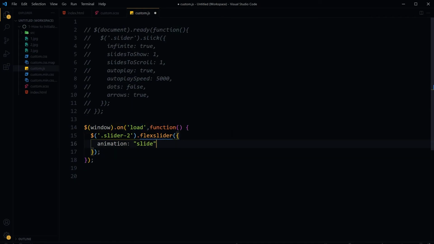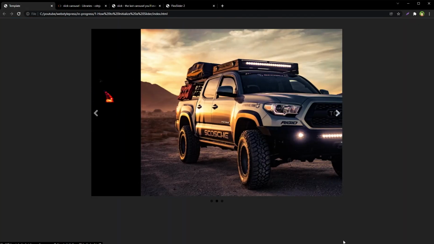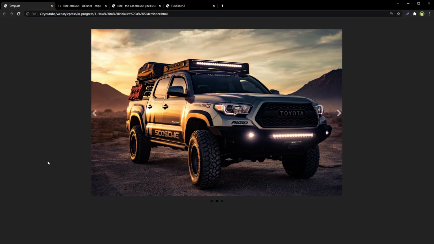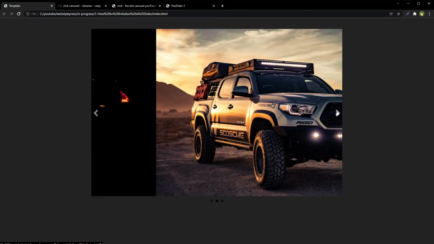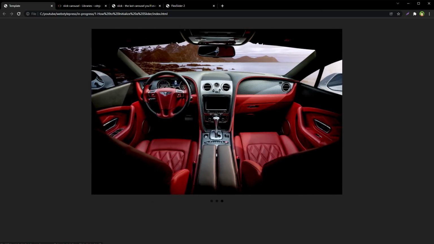So you'll have to use it like window on load. Now it will work. Or just simply use document.ready. It will also work. Right?